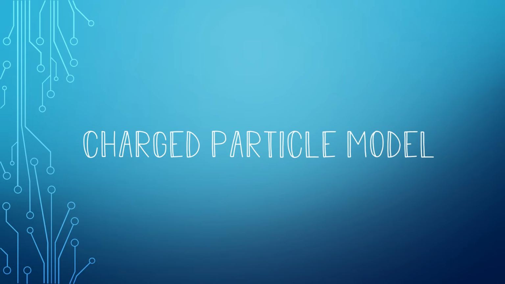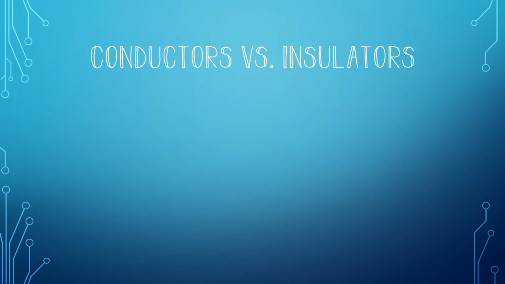In the charged particle model, one of our most crucial things to know about is how an object becomes charged. We've learned that means that an object has more electrons than protons, or possibly more protons than electrons. But how does it get to be that? Before we can learn about the different methods of charging an object, we must first learn about two different types